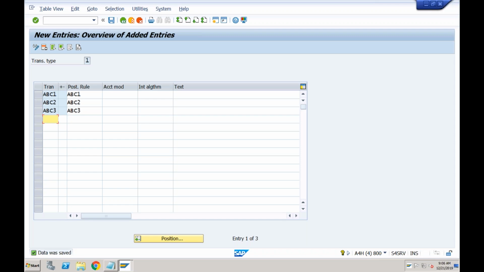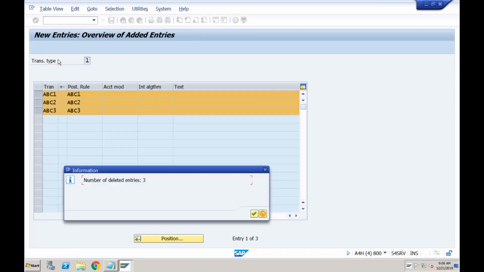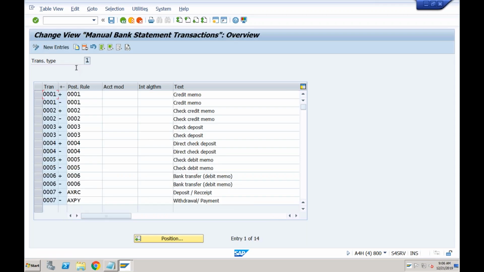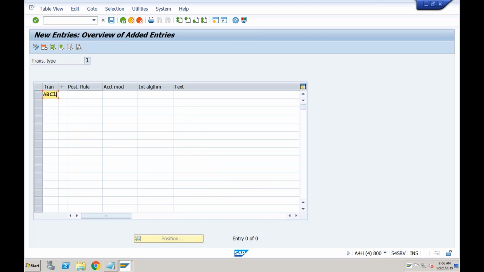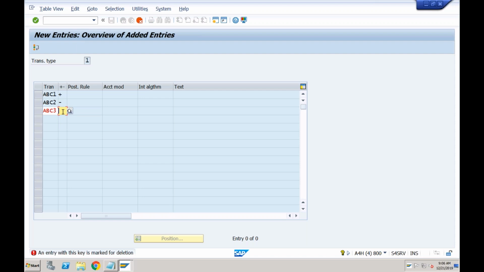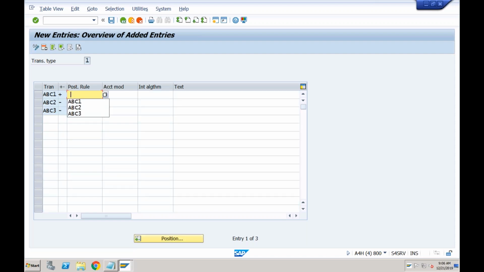What is going to happen next is you are going to get, sorry, I need to specify plus or minus, which is very important. So let's delete this first. New entries. So ABC1, ABC2, ABC3. ABC1 is plus because I am getting amount. ABC2 and ABC3 are minus because I am paying the amount. And they will be assigned to ABC1, ABC2, and ABC3.